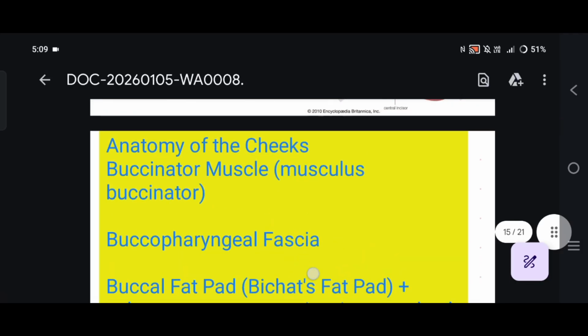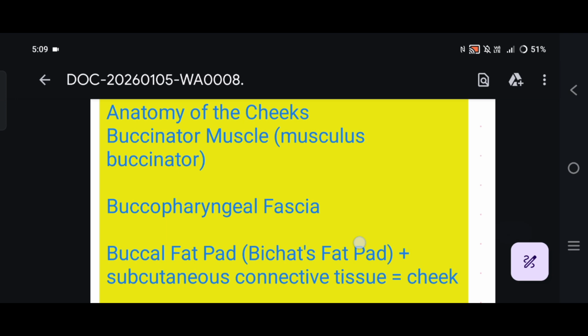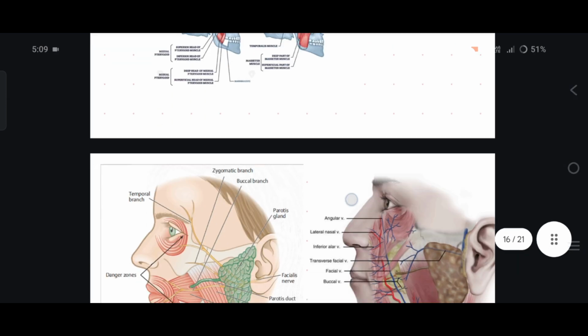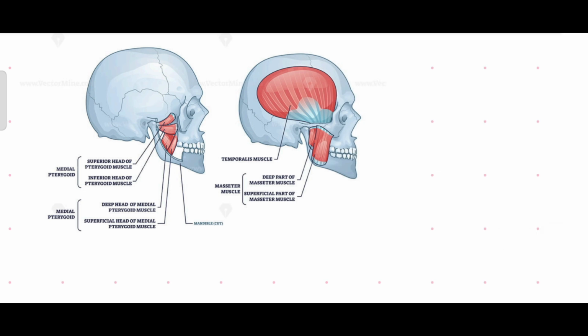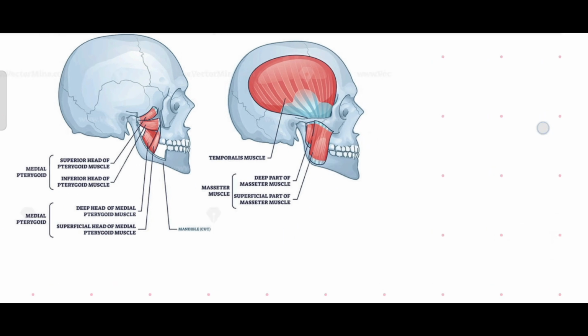So now we're going to discuss the anatomy of the cheek, that is the buccinator muscle or the bucca. This is covered with the buccinator muscle. Over here you can see the buccinator muscle. Now it is forming the shape of the cheek. The buccinator muscle forms the shape of the cheek, and above it, on the top of the buccinator muscle, there